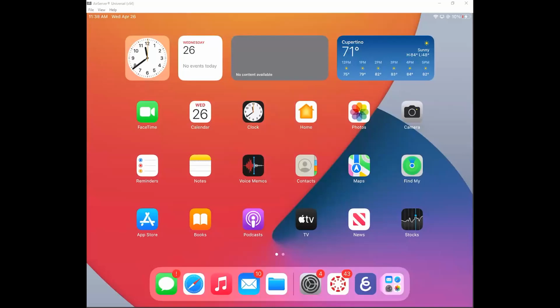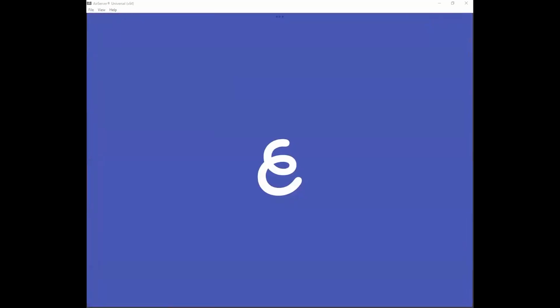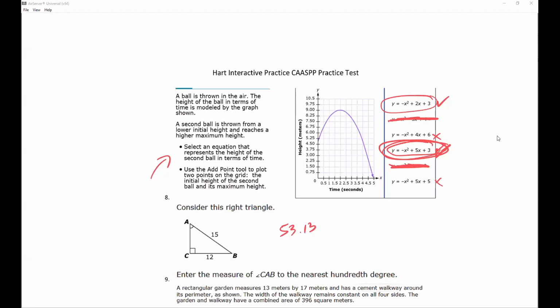All right, and then here it is. Okay, so let's just start with the trig, the 6 trig values right there. All right, let me go back to the